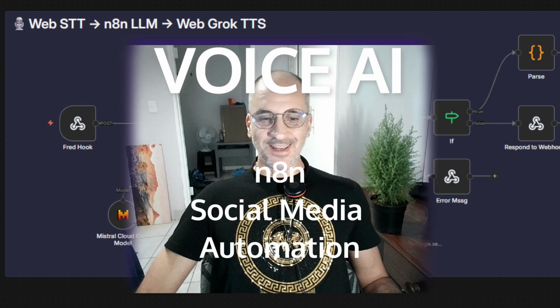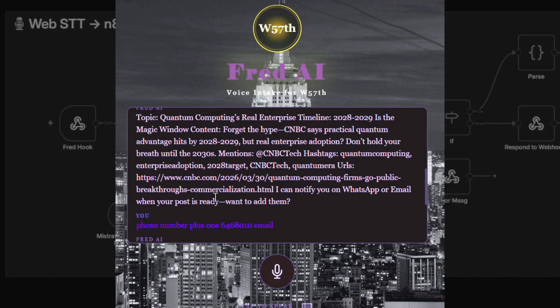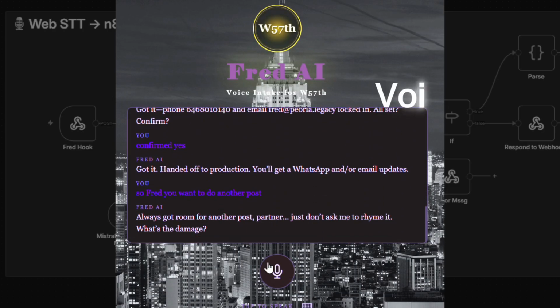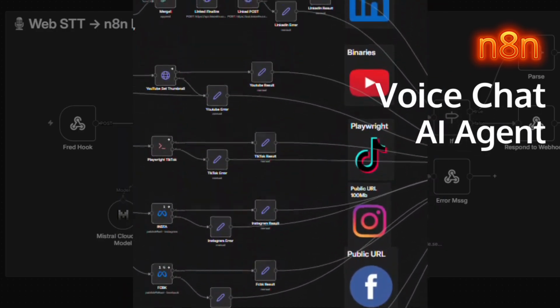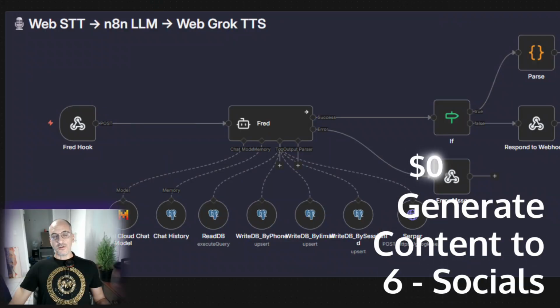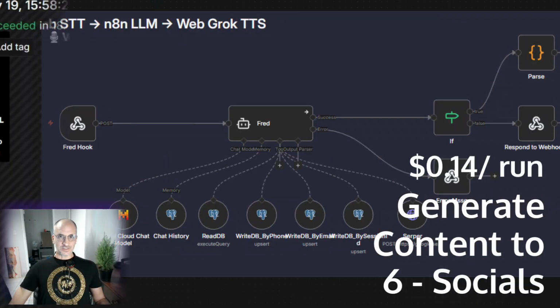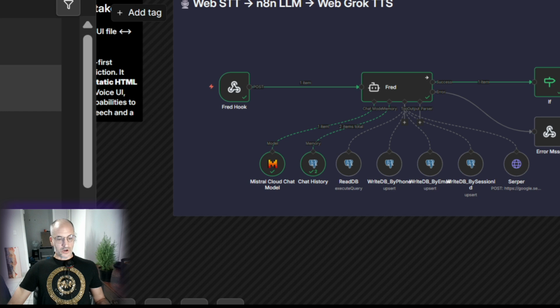How I created an n8n workflow that hosts my own AI agent that interacts via voice chat on the web and intakes post ideas and then submits to a subflow that creates a social media post and automatically posts to 6 socials. How it works is this AI agent is actually firing off text to a static file hosted here